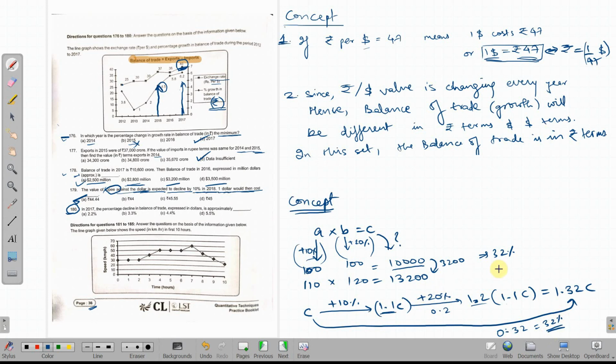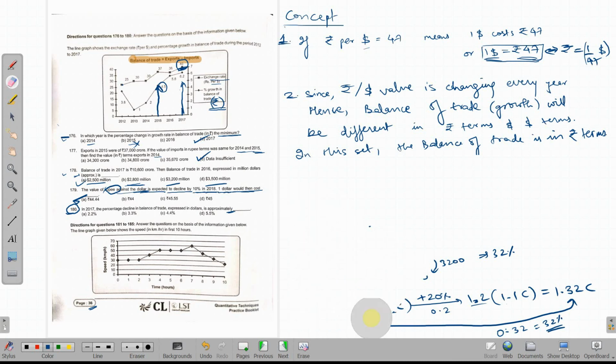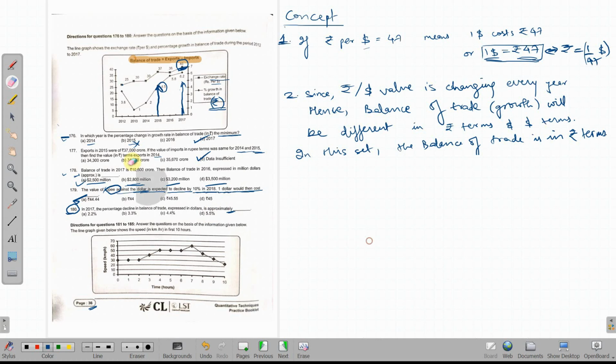We'll see if we can do a similar change in this concept over here. Okay, यहाँ पे the balance of trade is given in rupee terms, and we are trying to convert it in dollar terms. We are trying to express it in dollar terms. ठीक है. So how would we do it using this concept? I'll just erase this thing over here now once. What I can simply say is कि